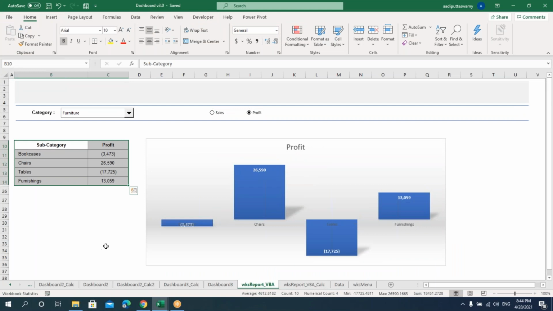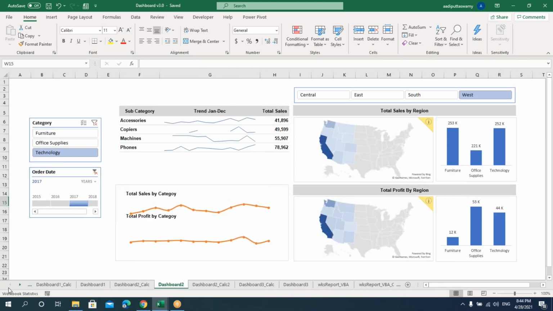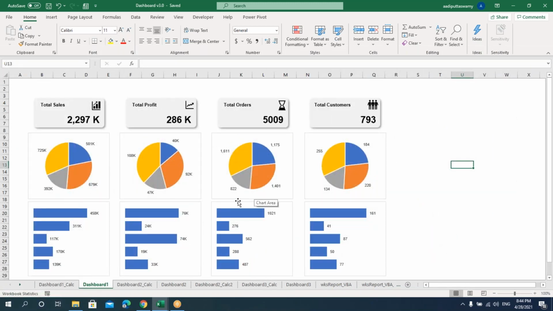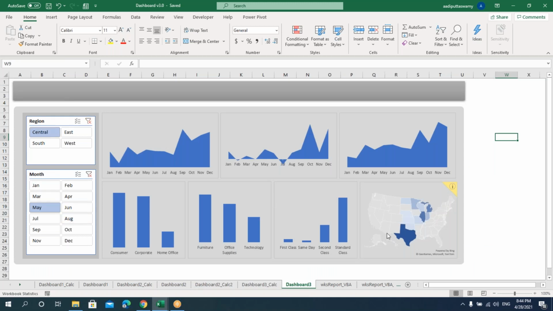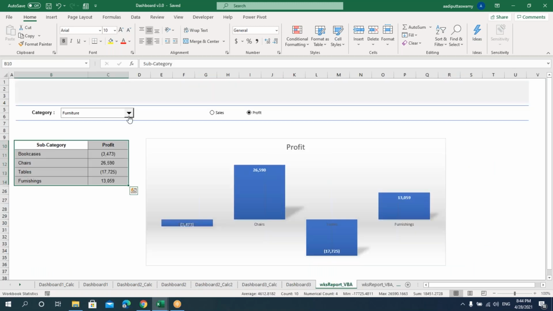So here we learned how to create reports, that is by formulas, then by static reports using pivot tables. Then we also saw how to create reports by slicers. Then we saw some more reports by designing, and then we also saw how to create reports by using code. So whatever way you feel comfortable and whatever the dashboard requires, based on that we can create the reports and the dashboards. Let me just stop here.